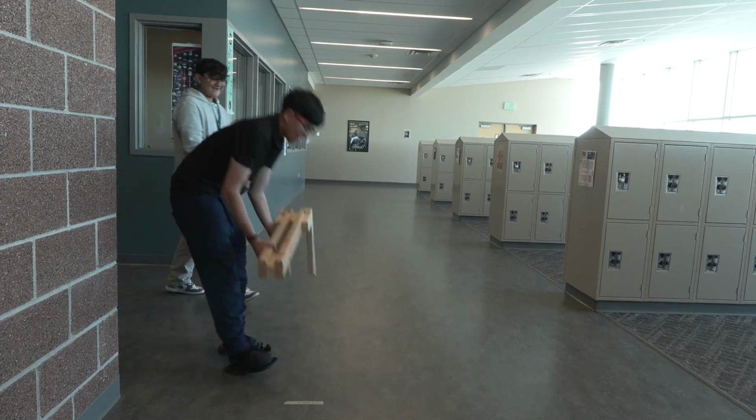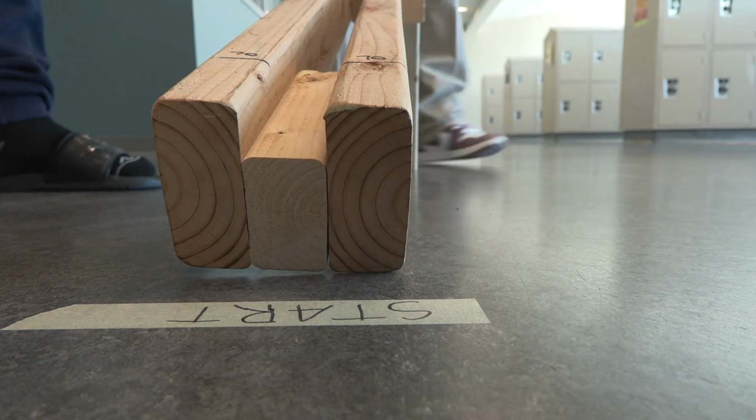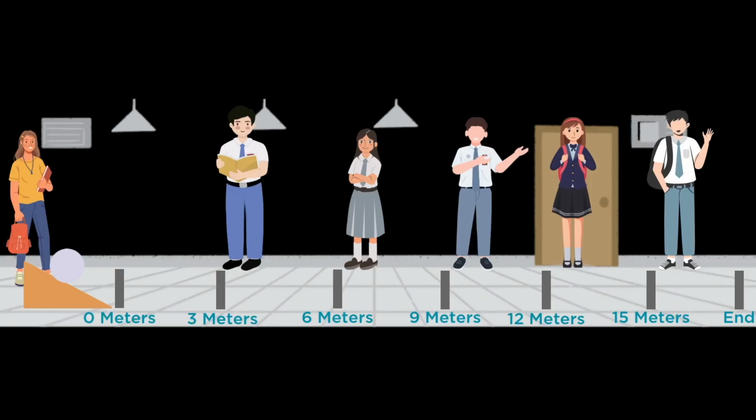First, place the ramp in the center of a clear hallway. Second, use your meter stick or tape measure to mark off every 3 meters from the end of the ramp with the masking tape. Third, place a student with a stopwatch at every marker to record the time when the